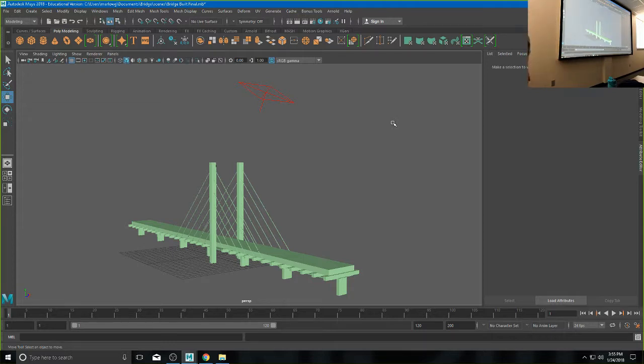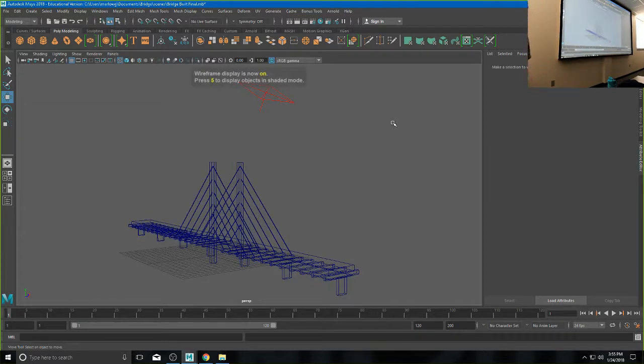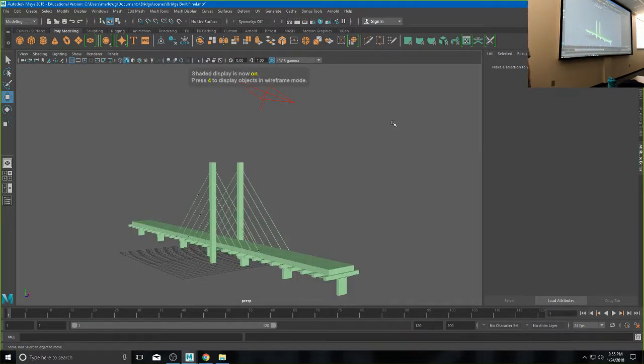So I can do wireframe. I could hit 4 and put it to wireframe, but really what I'd rather do is just hide it, right? Like let it still be there, just make it invisible. So if we go back to our channel box and layer editor here down the side, again, if these tabs